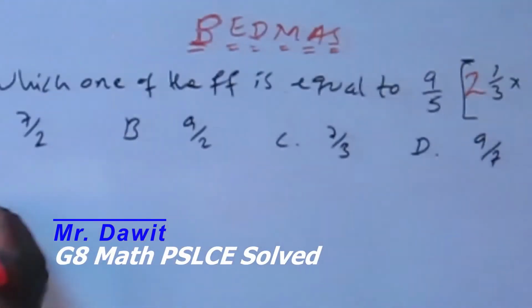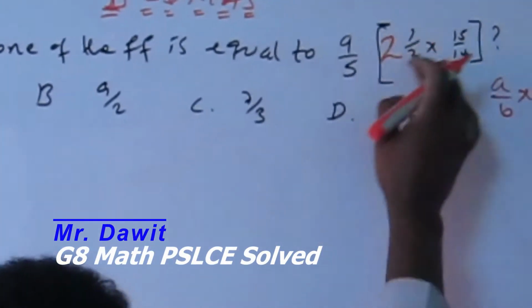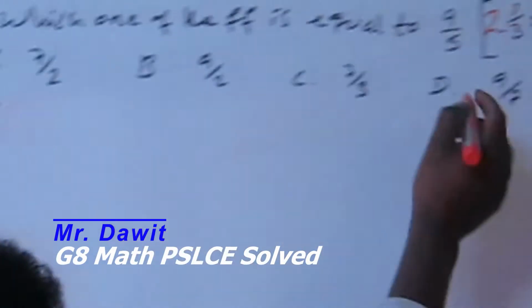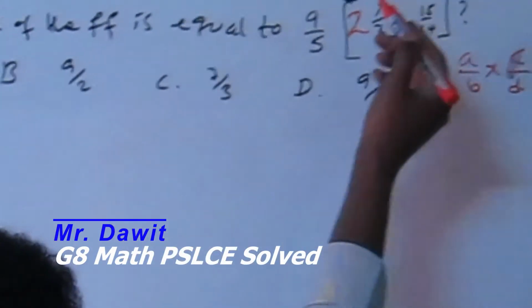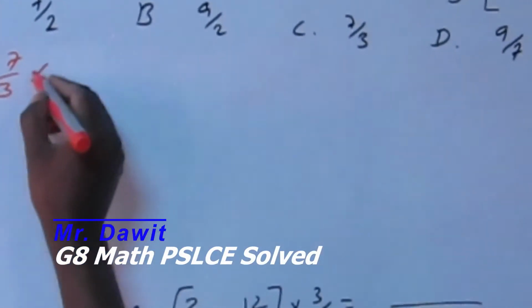That means 9/5 times, before multiplying we have to change this mixed number into an improper fraction: 2 times 3 is 6, 6 plus 1 is 7, so 7/3 times